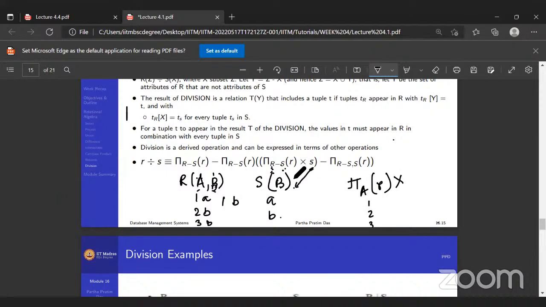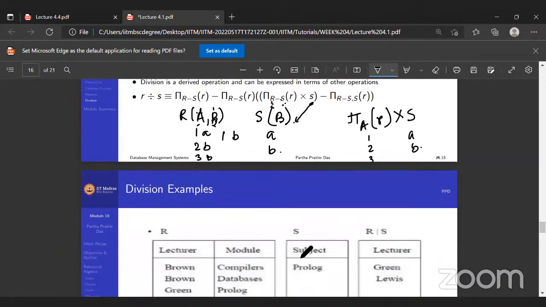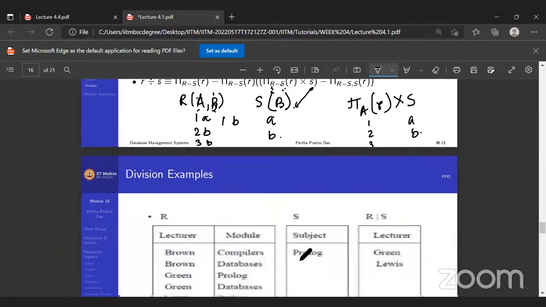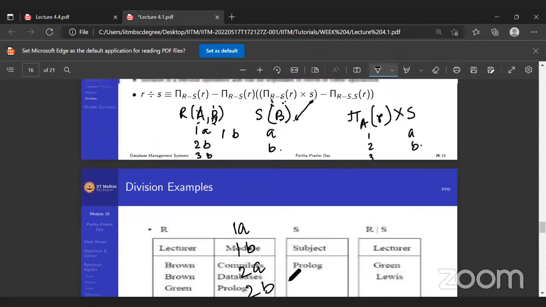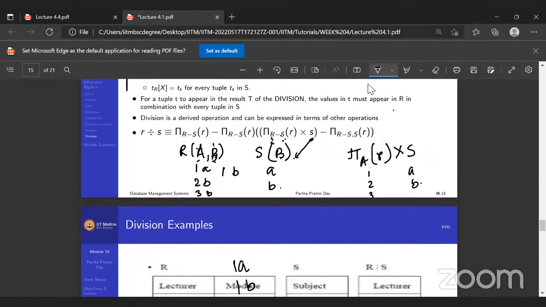Then we take the cross product with this one, S, right? If we perform the cross product A, B, C, then what will be the output? 1A, 1B, 2A, 2B, 3A, 3B. After that, you can see